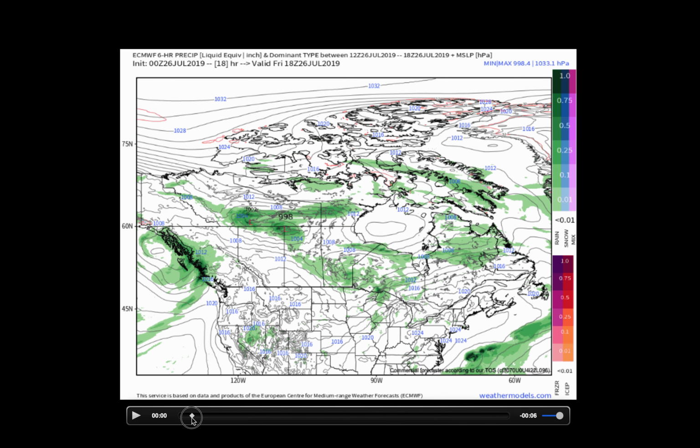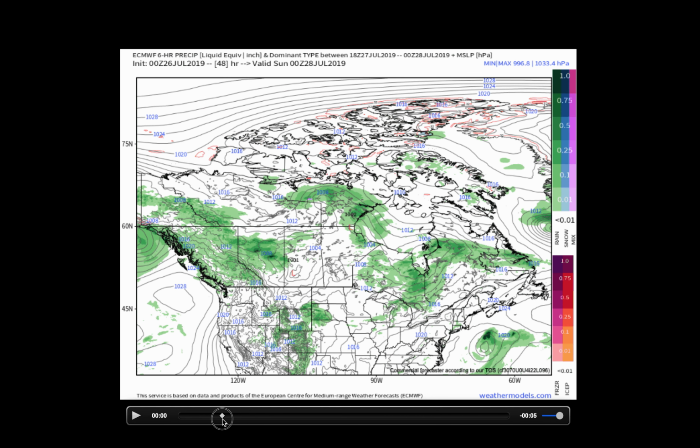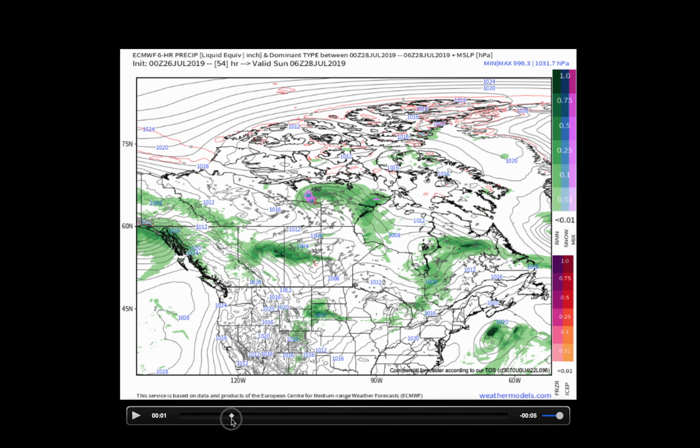As we get going on Friday, here is the first storm system over southern Manitoba. This is going to kick off to the east, get out of here by the end of the day today. We'll be watching this region then for the emergence of the next upper level disturbance as we go through the weekend. So here we go. We're going into early Saturday now, Saturday afternoon, and then Saturday evening, seeing these thunderstorms developing across central Alberta into